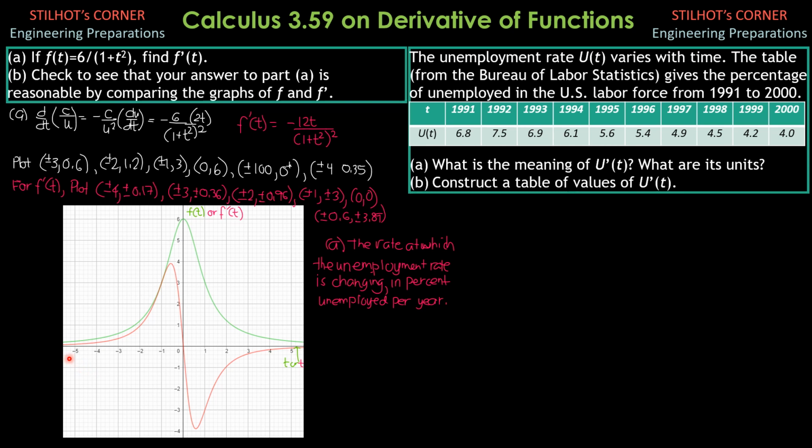Plus and minus infinity approaching 0, then plus minus 4.37 for f prime of t, plus minus 4, plus minus 0.17 here, then plus minus 3, negative 3,